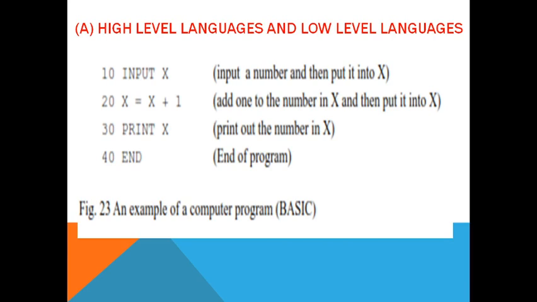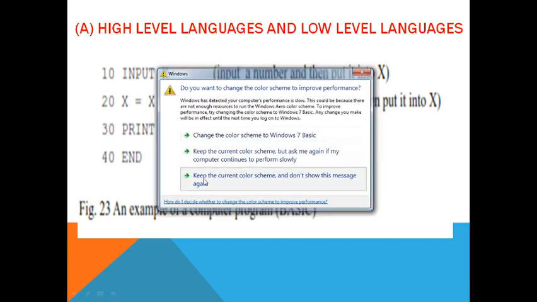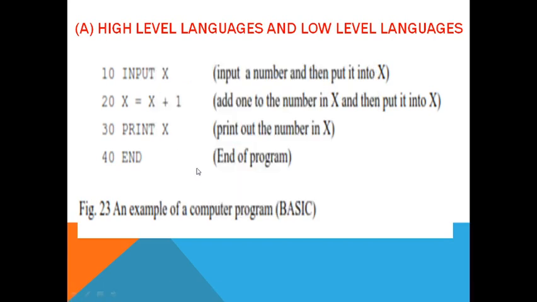The languages that are closer to the computer's own language are called low level languages, and their operation speed is relatively higher. Low level languages include machine code, assembly language, etc. Low level languages are used more commonly in a computer control system to increase the operating speed of the computer. So it is clear now what the difference is between low level and high level languages. We will see one example.